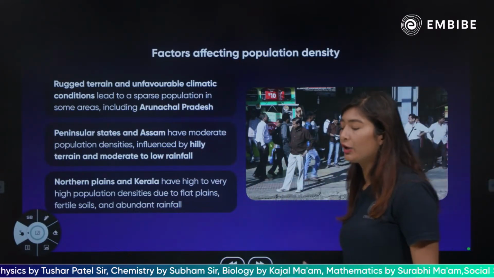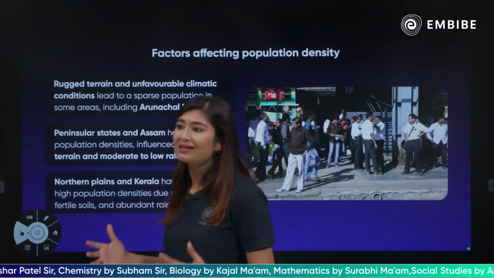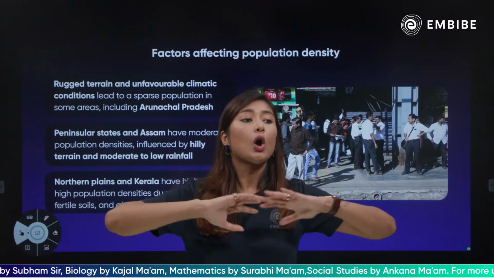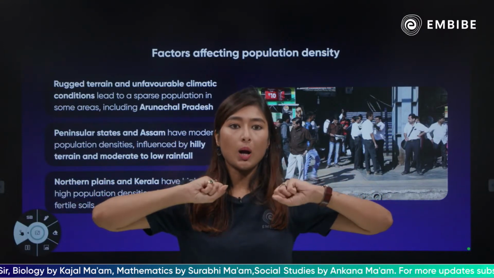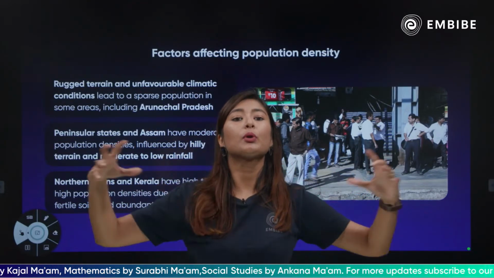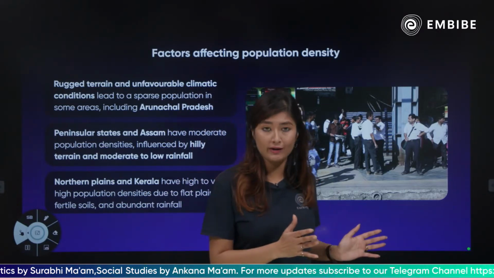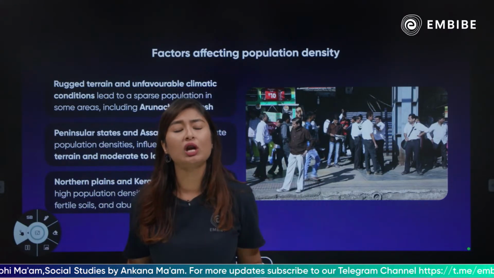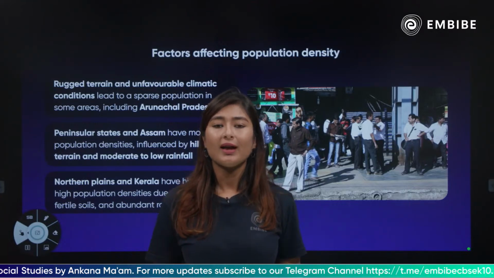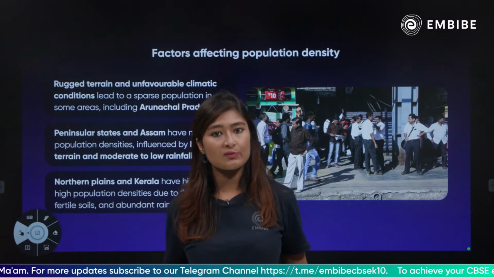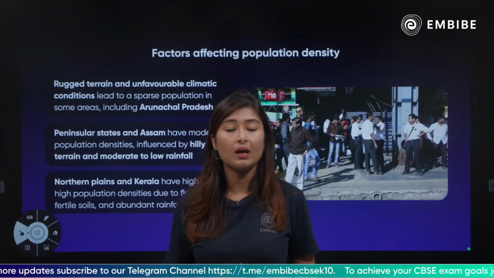Bacha, the density of a population always is determined by the physical features or how easy it is to reside in a particular area. For example, Punjab and Haryana and Kerala, if you see, you'll find a huge chunk of people staying there. Why? It is a flat land. So, staying there, transportation to these places, having businesses over there is very easy.